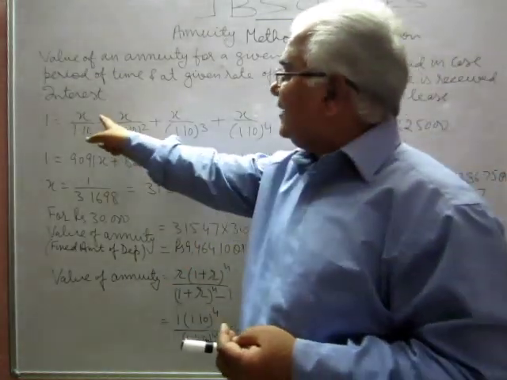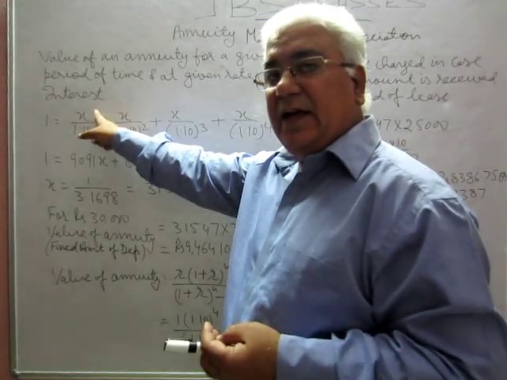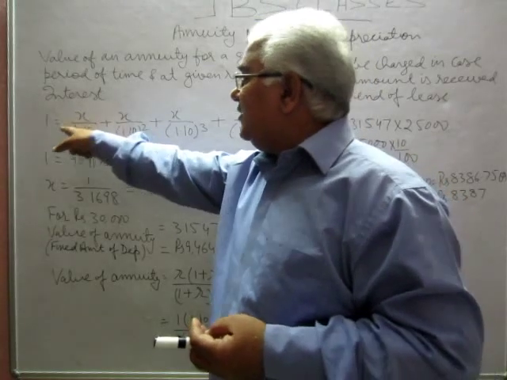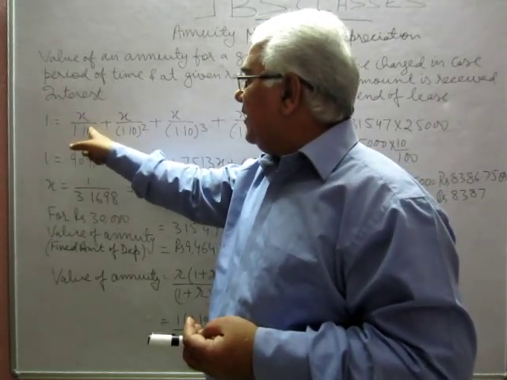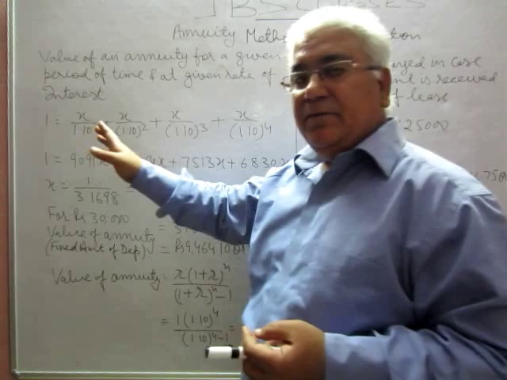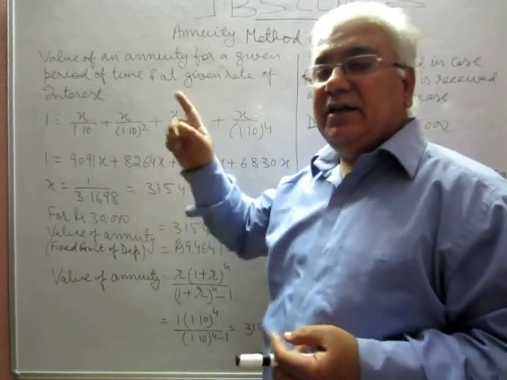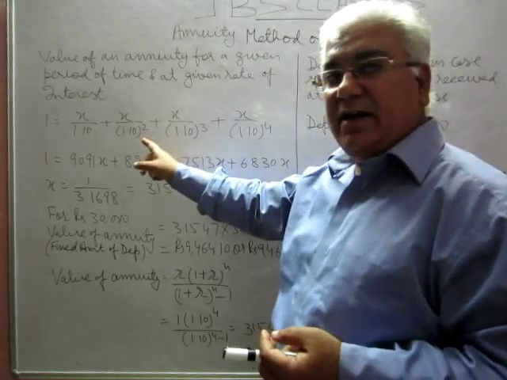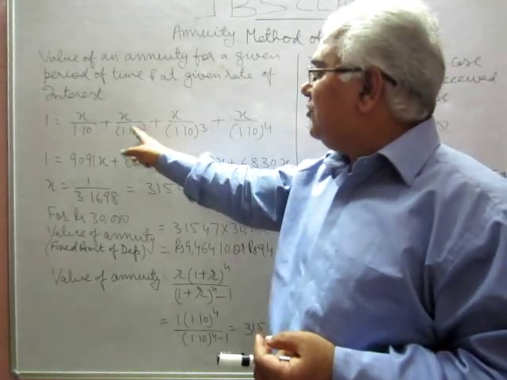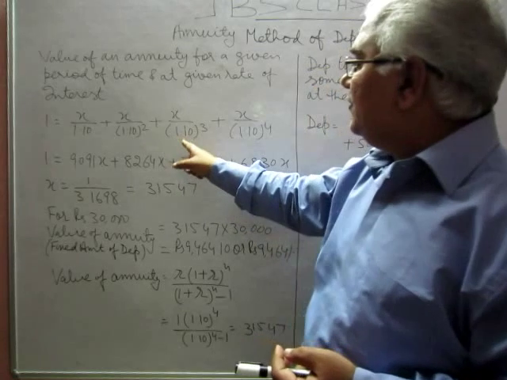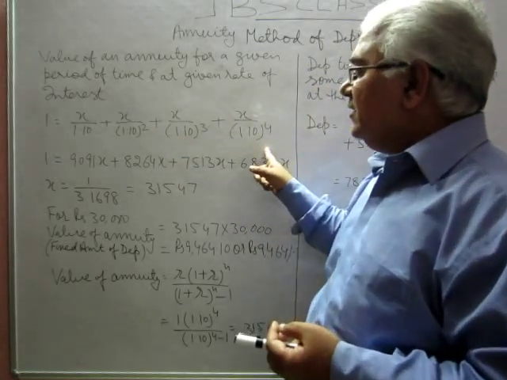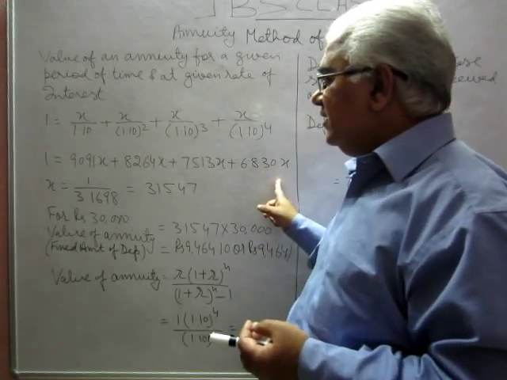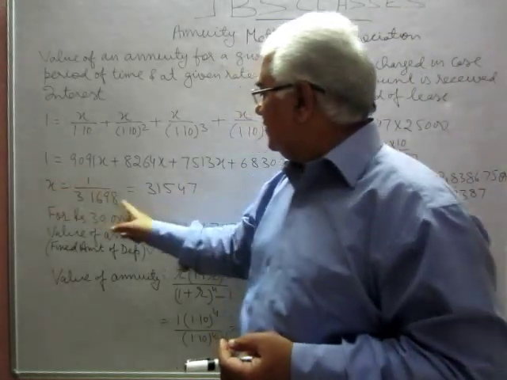So the amount of X received at the end of first year is equal to present value if it is divided by 1.10. That means if it is discounted at the rate of 10%. Similarly, the amount received at the end of second year is discounted for 2 years at the same rate. Similarly for the third year and fourth year. So after calculations are made, we have reached this. So the value of x is